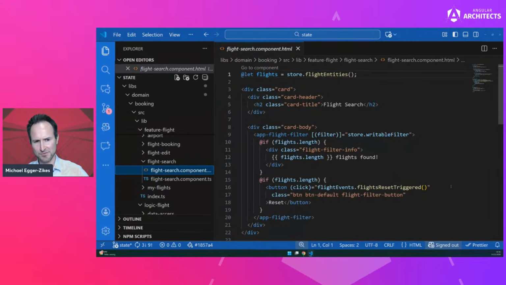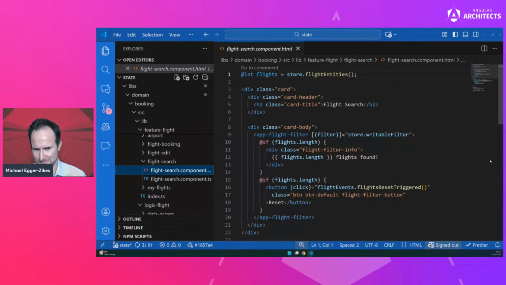We read from a read-only state, and then we write back in a different way. So like before, we need to use the set filter function, for example, right? So we always needed a one-way binding for property binding, and a second binding for event binding. So it was never easy to just use a